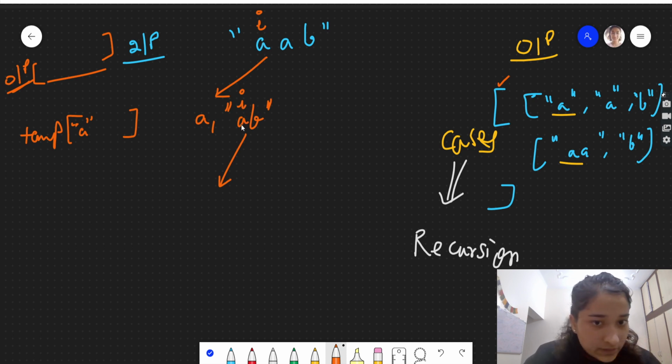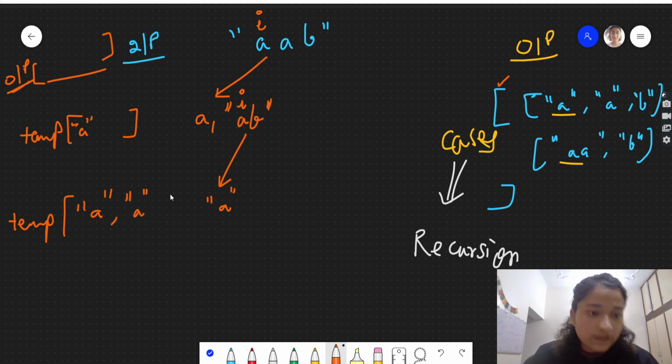Now we'll take this a and see if it is a palindrome. A is also a palindrome, so we'll add it into the temp. Earlier temp had this a, now again a will be added, the second a. Now the rest of the string which is left is b, and we will do a recursive call on this b, and I is shifted to here now.